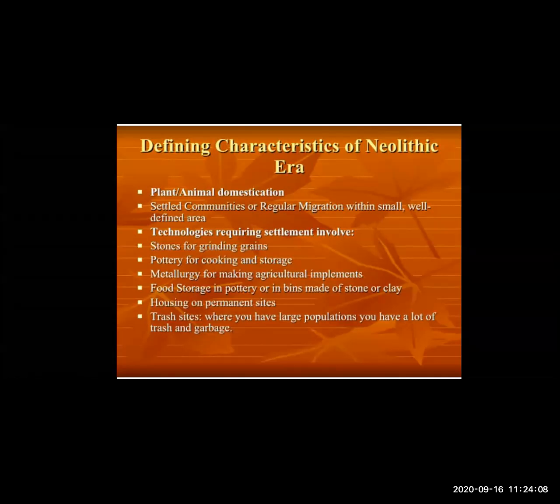Okay, stones for grinding grains. How were the stone tools made? Yes, stone tools for grinding grains. Students, have you ever seen that most South Indian people use a stone instrument to grind rice to make idli flour or idli batter? They mostly use a big stone vessel to grind the rice and make the idli batter. Still, these tools are being used in many houses.